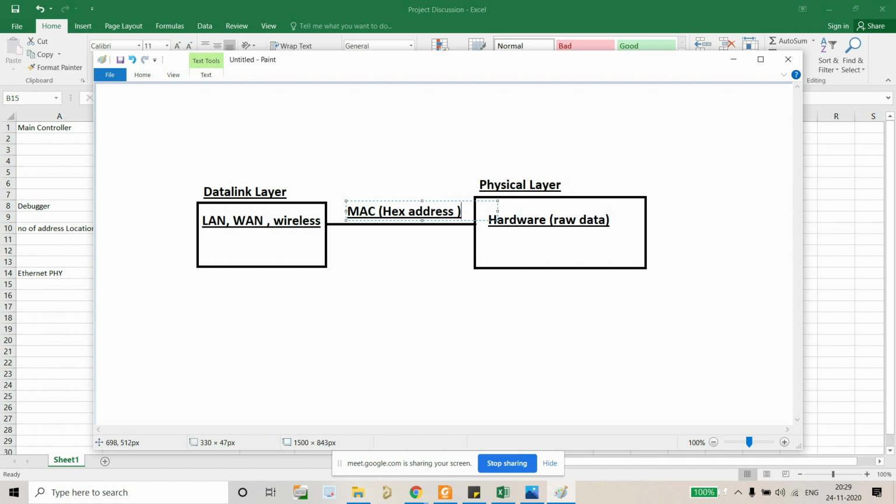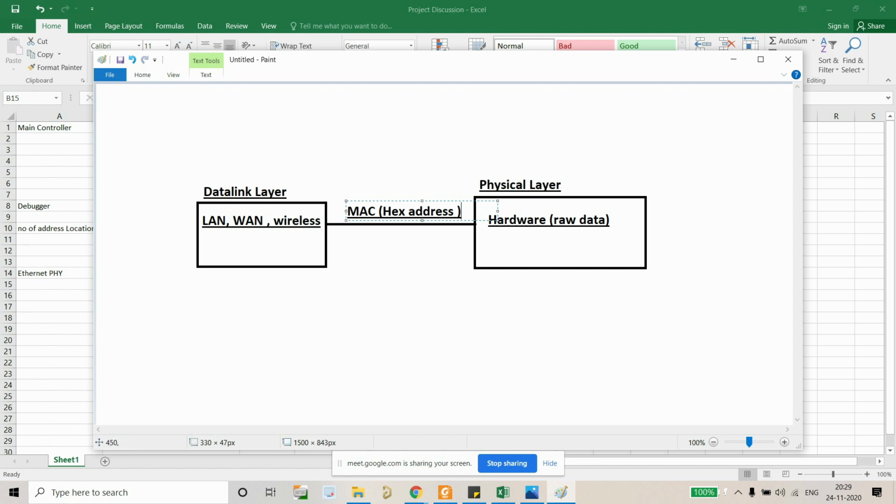Now again, here we have another question: what is MAC? MAC, as I said, is a hex address, and its full form is media access control. It is assigned to hardware or any physical layer, and it is different for different physical layers. Using that, we recognize devices, like with I2C. Similarly, using that address we recognize which physical layer is communicating to what.